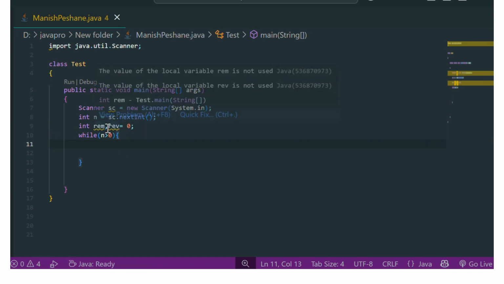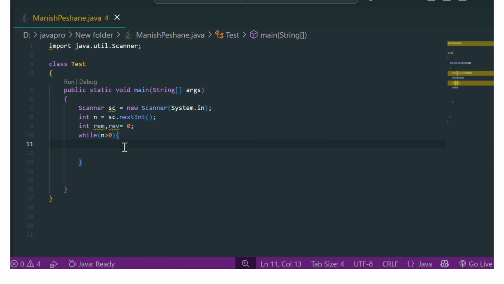So we declare reverse equals 0. Here we find the remainder. Suppose we give 121.